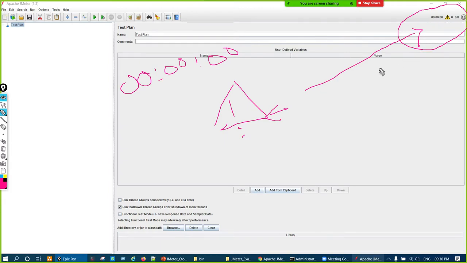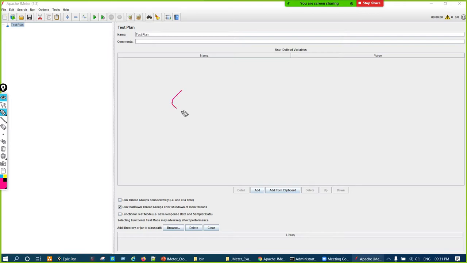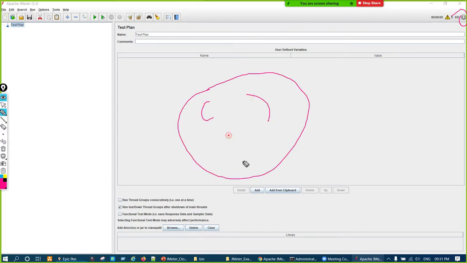After that there is a 0. So, the danger symbol and then a 0, which shows how many errors or warnings we have received. Then in between there is 0 by 0, which is for the number of users. We'll see that soon. It will tell how many users there are and how many are running.